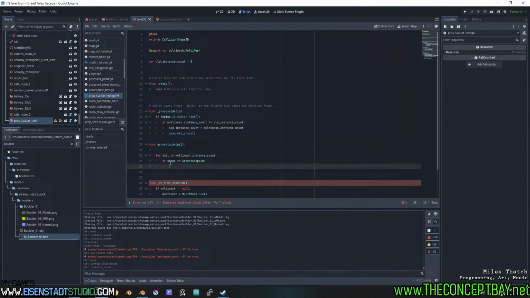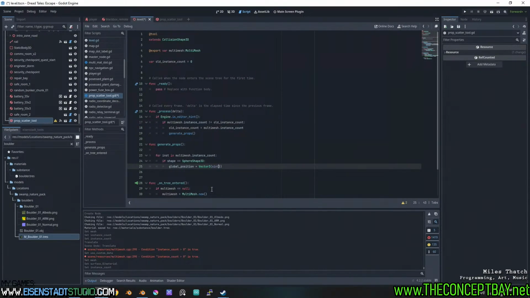because we can also do rectangles, and I'd like to have the ability to do that. If the shape is sphere shape 3D, then we need to get the radius of the shape. But we might as well get the radius and incorporate it directly into the algorithm. So what do? We need to pick global position plus vector 2, vector 3 technically because we're in 3D, but we're not going to do anything on the y-axis for the time being. So vector 3,